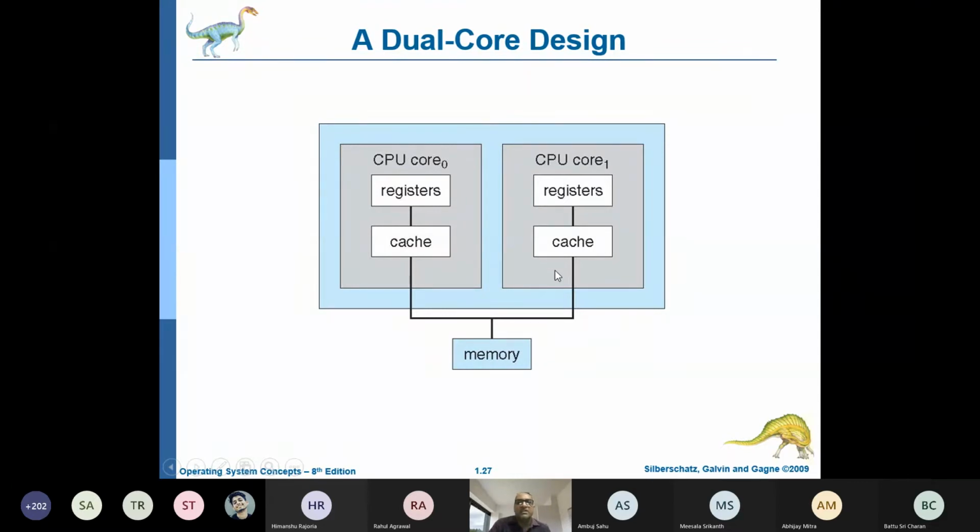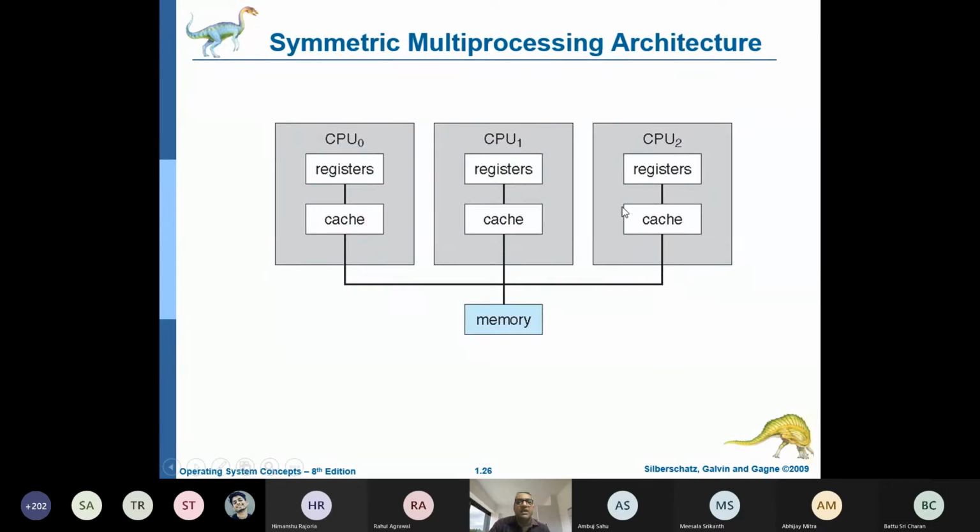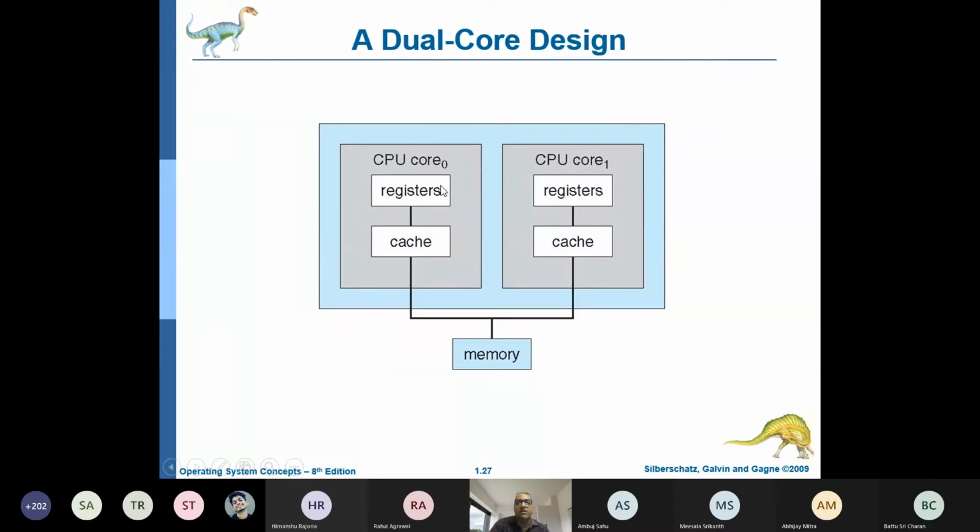In the earlier structure, each CPU is on a separate chip. So if communication is required between the processors, across the caches, across the registers, then it is off-chip communication. Using some connectivity, copper connectivity, you can have the data transmission. Whereas here, since it is within the chip, the communication will be much faster. So this is the dual core. Likewise, you have quad core, octa core, and so on.